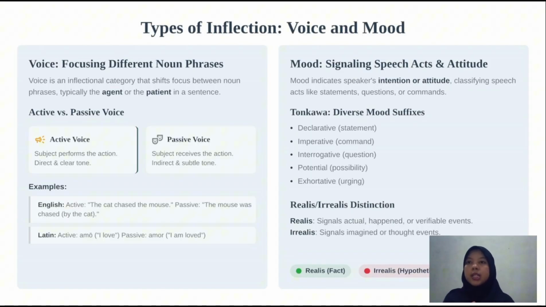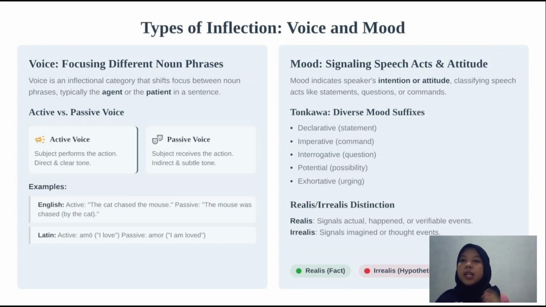For the next slide, I will explain about voice, focus on noun phrase. Voice shifts the focus between the agent, doer, and the patient, receiver. Two types. The first one is active voice. Active voice is when the subject performs an action. For example,